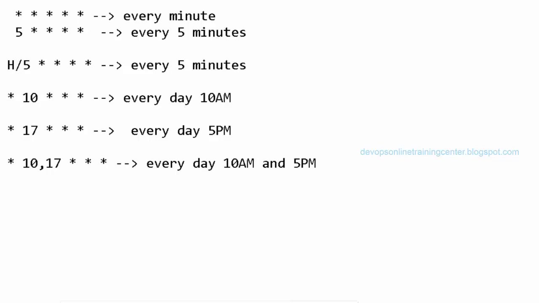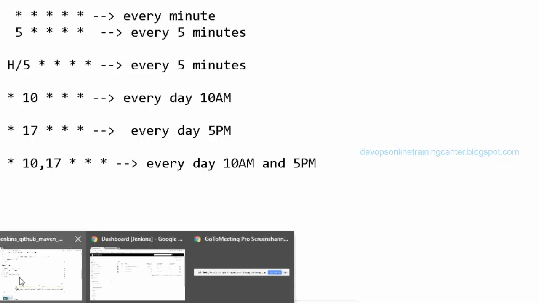Right. Okay. So is it going to overwrite existing binary files? Yes, it will overwrite. So let us say the job is executed at 10 o'clock in the morning, and again it's executed at 5 p.m. in the evening, then in the workspace it is going to overwrite the binaries and create the new binaries. But all the binaries will be present in the Artifactory or Nexus. In Nexus, you will have all the binaries with the timestamp. So at any point of time, you can go back.